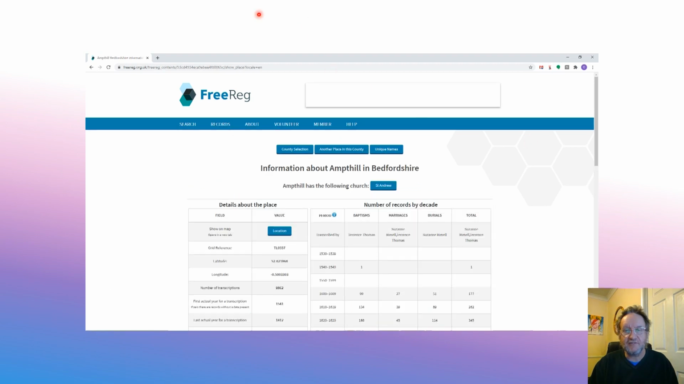This screen shows the information about Ampthill. On the left, it has the general information such as its location, and also the number of transcriptions, earliest and latest transcriptions, and any notes that are specific to the place. On the right-hand main section, you have a details view about how many records have been transcribed for Ampthill and